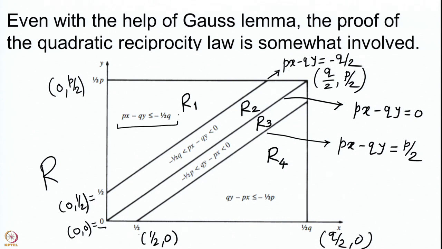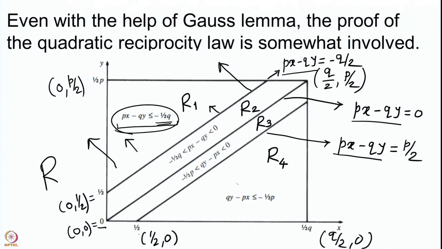This region is where px minus qy, remember it is the same quantity that we are looking at as the part in the equation of these lines, is less than or equal to minus 1 by 2 q. So, you are going above this line, and therefore, the equation of this region now is given by px minus qy to be less equal 1 by 2 minus 1 by 2 q. So, anywhere you go above this line, that will be the equation. The line gives you a half plane. So, the part which is on the upper side of this line has this particular equation.